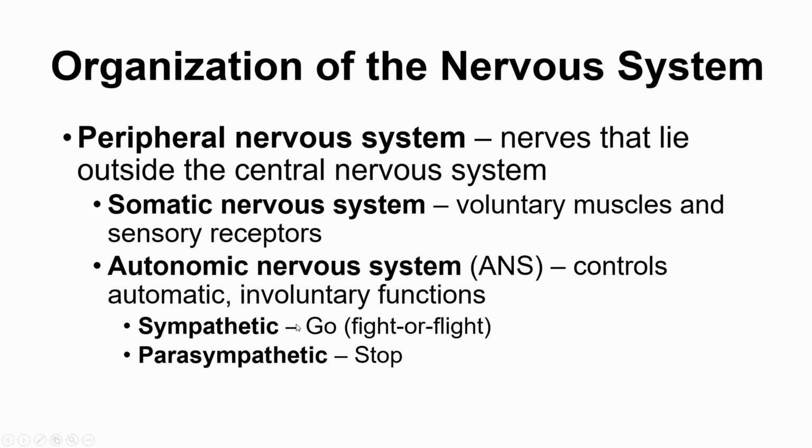So once we're out of a situation that activated our sympathetic system, once we are ready to calm down and relax, we'll activate our parasympathetic system to calm our bodies back down again. So this would slow our heart rate back to normal. It would reduce our blood pressure. It would help our breathing get back to normal. So these two act kind of in combination and in opposition of one another to keep us at a normal